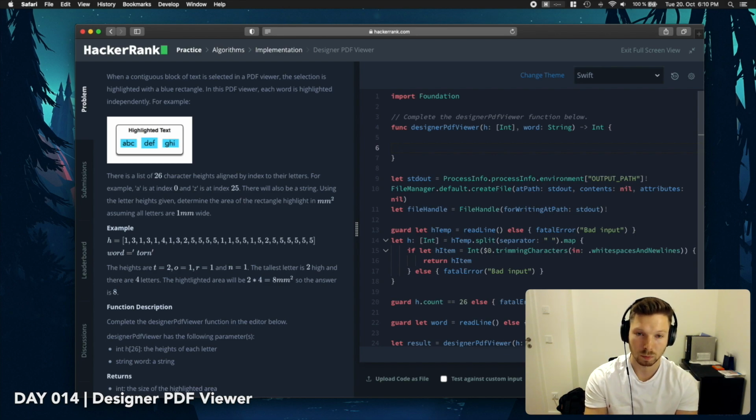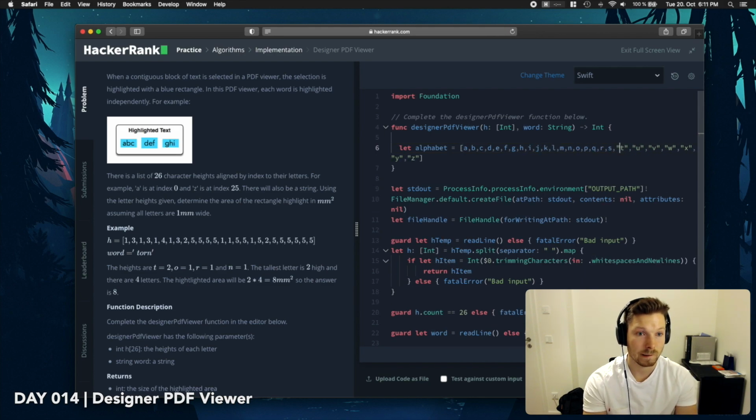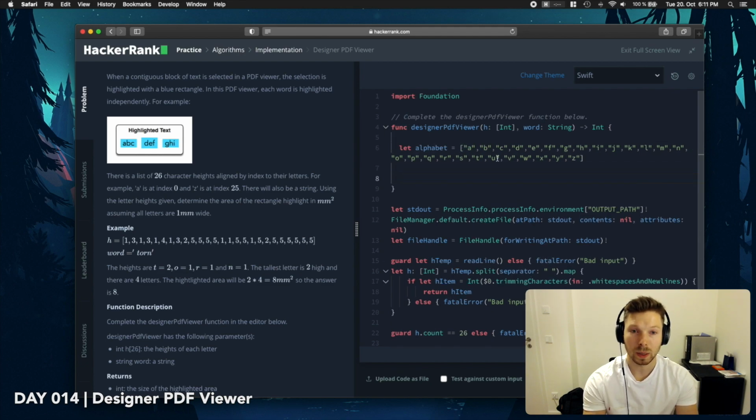So maybe we should build an alphabet. Alphabet equals A, B, C, D, E. Okay, so we have the alphabet, correct? And now we have the height string, which is the same index. Basically, we have the highest height is gonna be